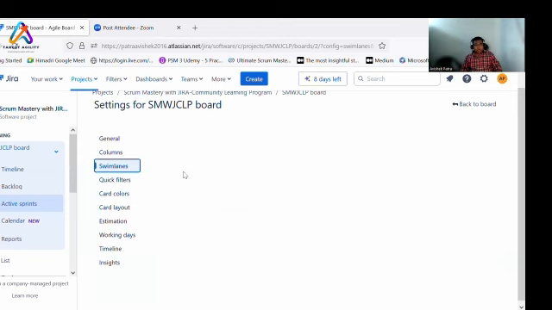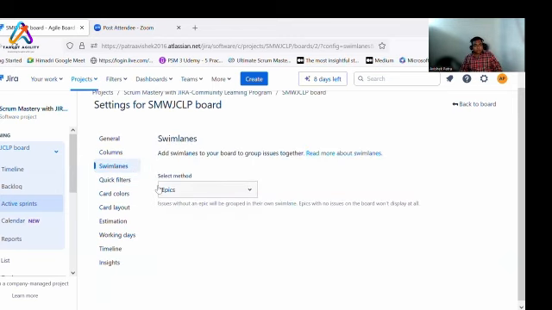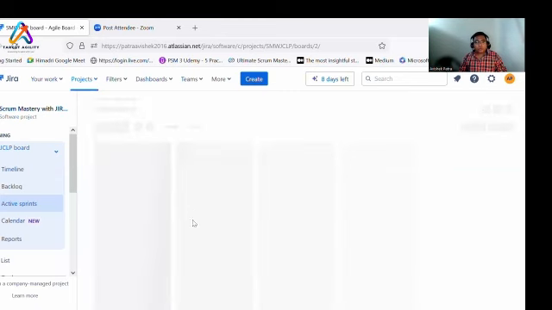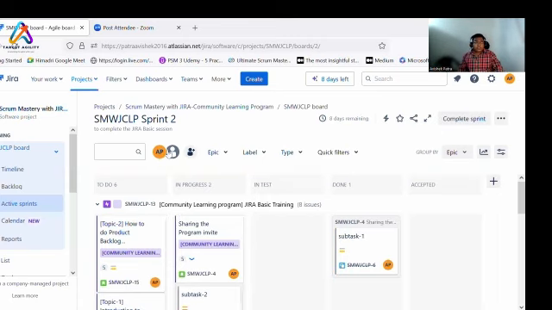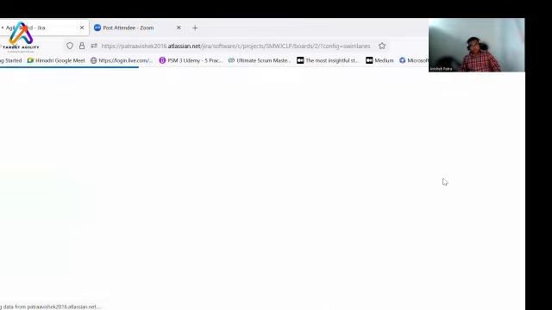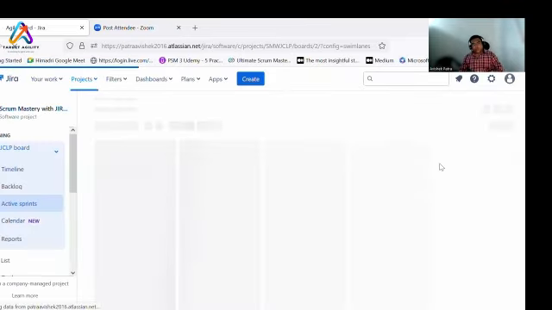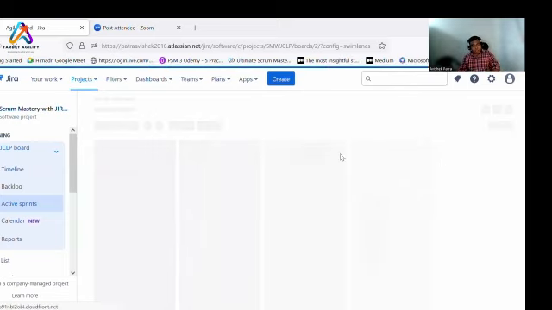Move this one. There's one more important part called Swimlanes, right? I will go to the board and show you how Swimlanes can be used effectively. When you have team members, you will see the host of team members added here. If you have a different type of Swimlanes, you can use it in daily Scrum as well. When I come to the daily Scrum, I will explain how you can use the Swimlanes there. As of now, I will show you the configuration of the Swimlanes here.